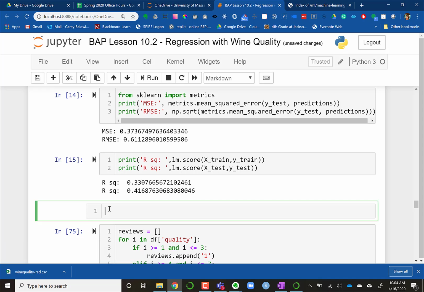And then the validation score is 41%, which is a little funny because oftentimes the validation score is lower than the training score. But there's a lot of random variation here that is unexplained. So you may remember R squared